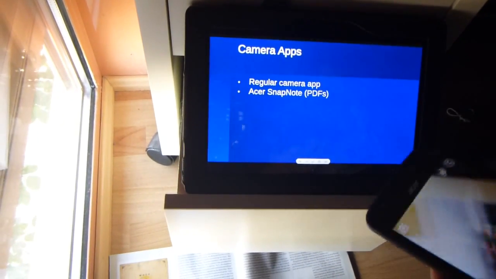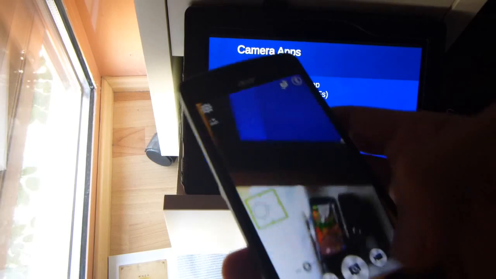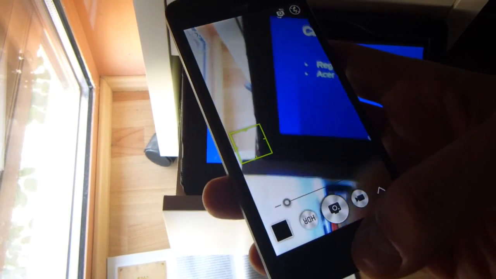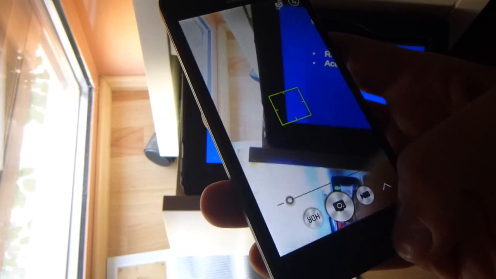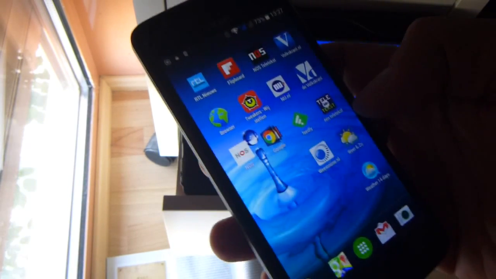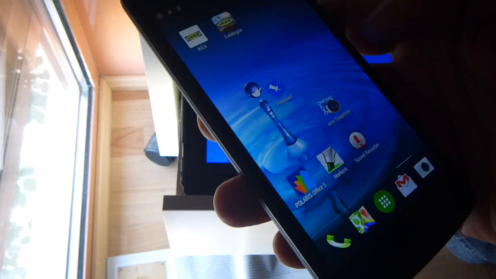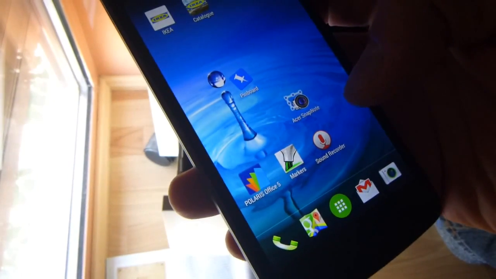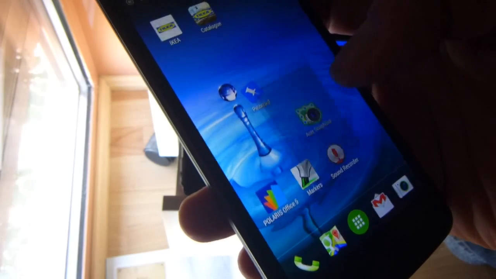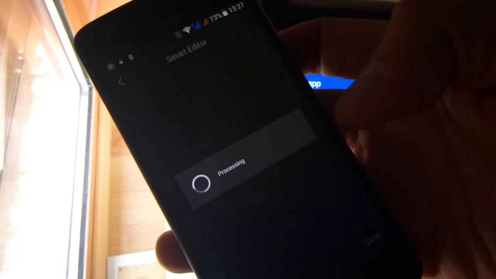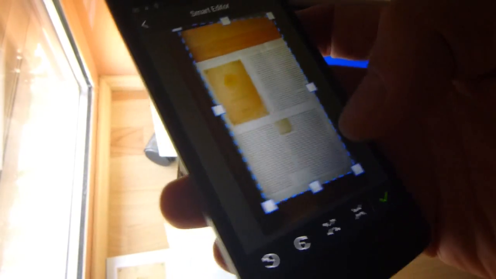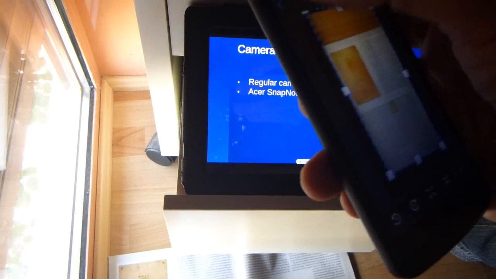Okay, let me put the focus a little bit better on the presentation. So. What is nice is that there's quite some interesting software on the phone that I'm not going to discuss all now, but besides the phone app that you just saw, there's also a software program called Acer Snapnote. It's a licensed piece of software, and what it allows you to do, and this is actually what I use my phone for mostly, is it allows you to